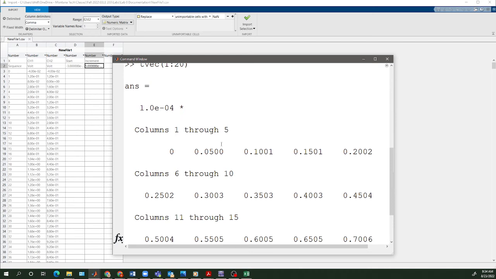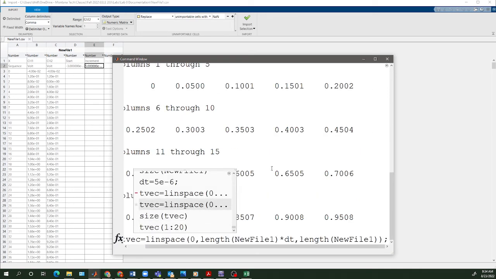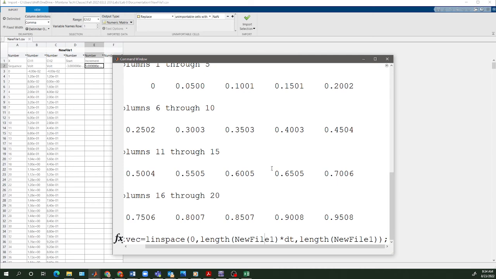Okay, and you can tell 0.5. And I made a little bit of a goof up here, like 0.05. And the goof up is, you see, it's not exactly 5 milliseconds or 5 microseconds between each one. Okay, let's fix that. We're going to go back to here, and my mistake is this starts at 0 rather